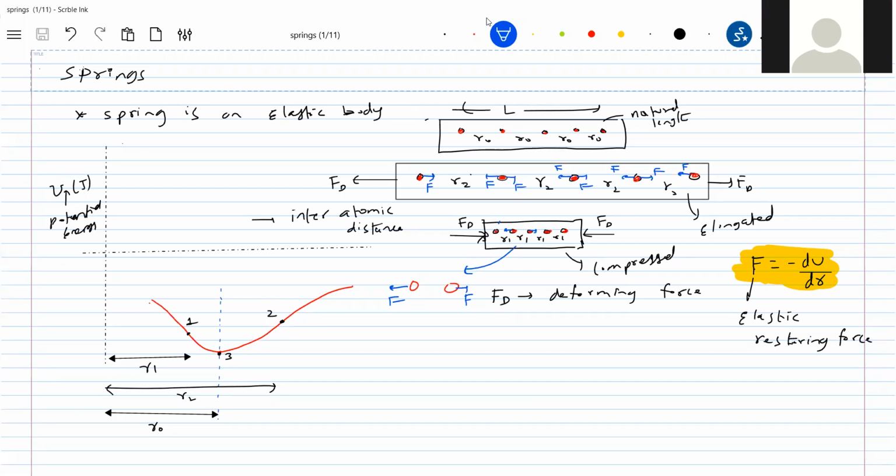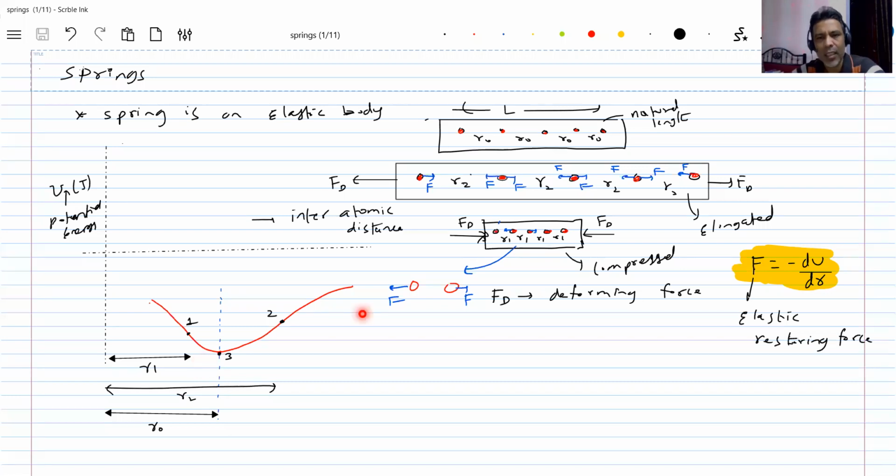What you have to remember: if the length of the elastic body is increased, then the distance between atoms will increase, and the restoring elastic force will act in such a way that it will decrease the distance between the atoms and bring the body back to its original length. If the length of the elastic body is decreased by a deforming force, then the distance between atoms will decrease. Then the elastic restoring forces inside will act in such a way that they try to increase the length or distance between the atoms.